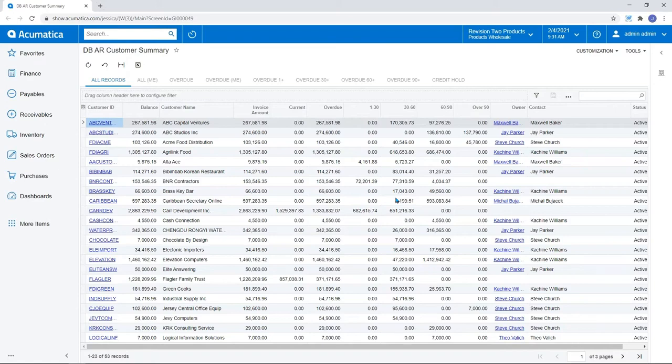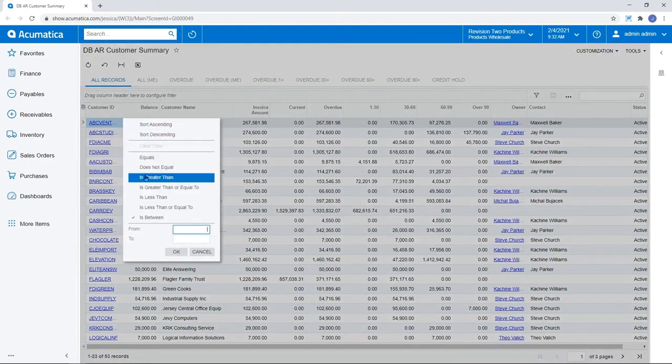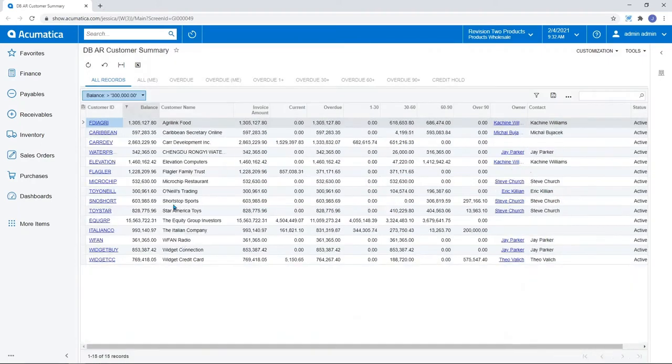So I'll give you an example. Here I see all of my customers that are owing us money right now. But if I would only like to see maybe the customers that are over by a certain balance, I'll just select this balance field and I will type in, I'm only interested in seeing the customers that owe us a balance of, I don't know, $300,000, the big whomping balances here. And my system immediately refreshes. I see who those customers are. And now I can again start to use Acumatica tools to drive collections, but also just to understand where those cash influxes should be or where they ought to be.